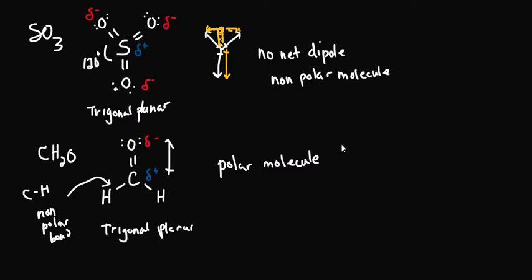I will say that if you have four of the same atom all attached, you can look at some of these geometries as symmetric or not. But it's better just to think about what's pulling, what's polar bonds. If we look at something like CCl4 and draw the geometry here. This is tetrahedral,